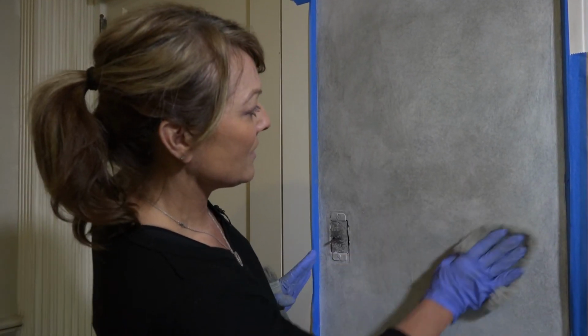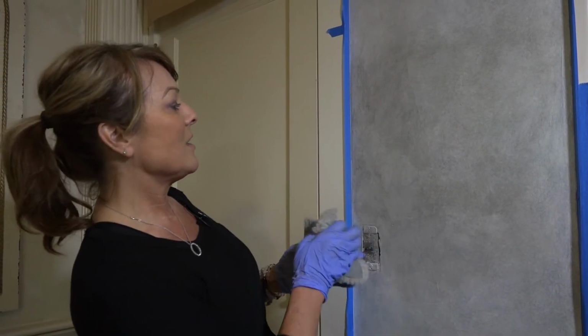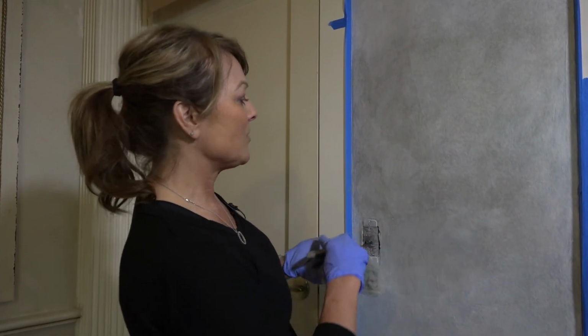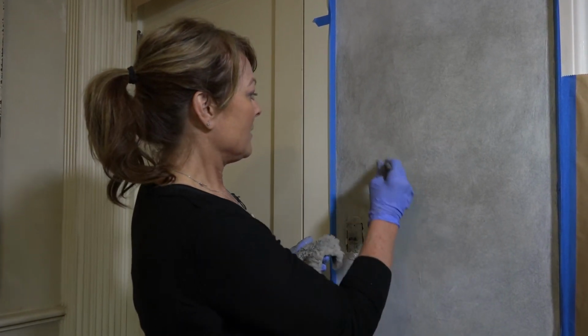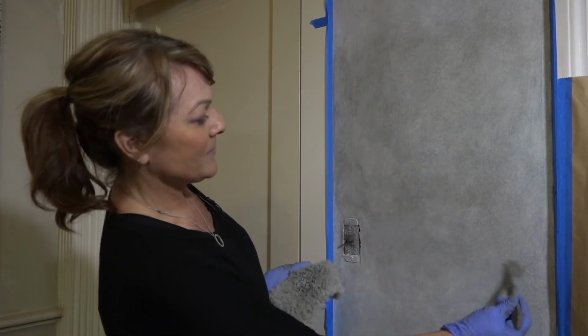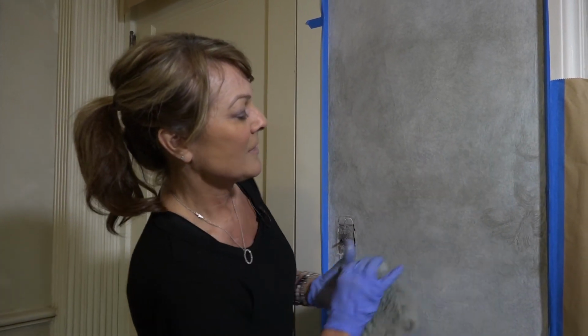And then once you get done with this process, you let it dry and you go back over and look and see, oh, I have a little bit of spare spots right there. I just need to add a little bit more. And this is how you do a glaze job. And it turns out really nice, and it's a very easy way to transform a wall. You can get this done